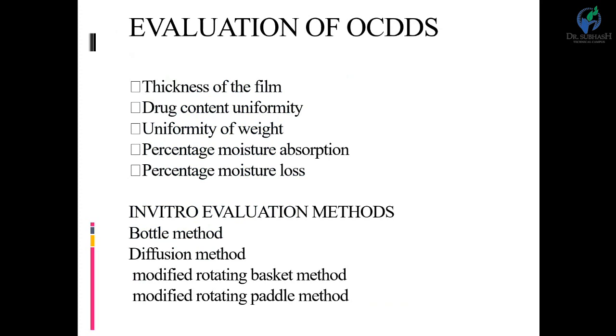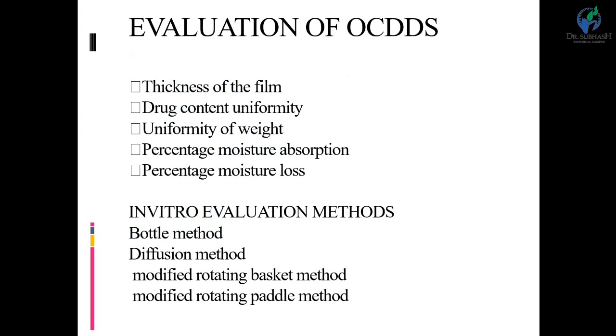Primarily, we have to measure the thickness of the film, the lens, or any ocular base. At different points with dial calipers we find the thickness, and then calculate the average mean value. For drug content uniformity, the cast film is cut at different places and dissolved in a specific medium. Then with an analytical method we find the concentration of drug present. For uniformity of weight, we take the average of 3 patches.